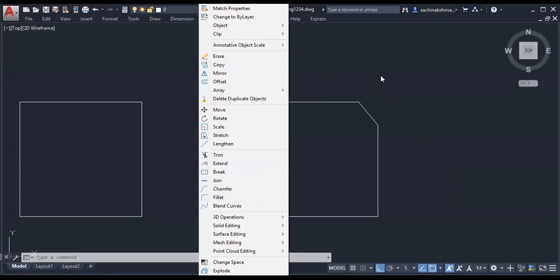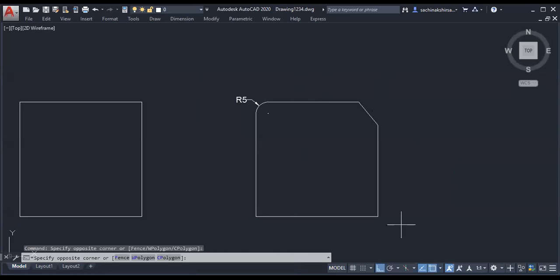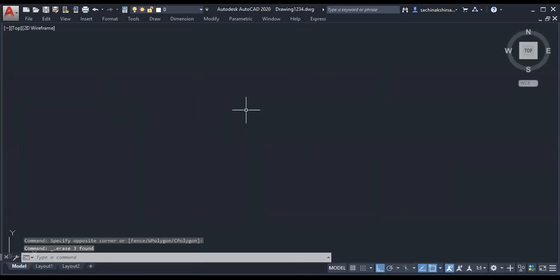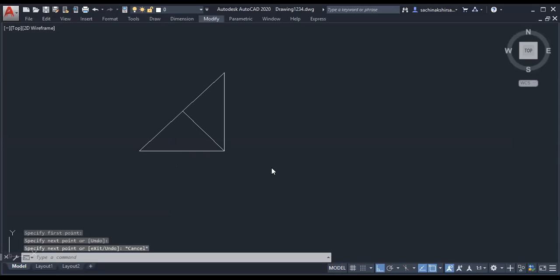Then the next most important command is the mirror command. So what is mirror? Maybe in your primary education, you might have solved some scholarship exam questions where you were supposed to find the mirror image or water image of a given image. What is mirror? Mirror image. One object I have drawn something like this. Are you observing on the screen?